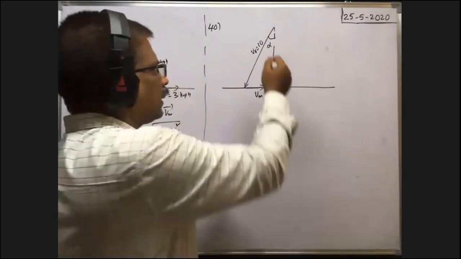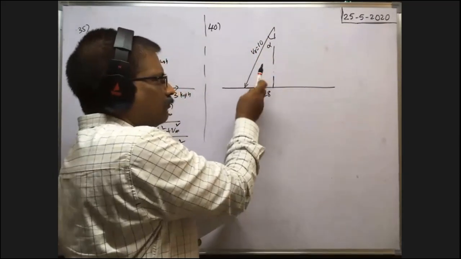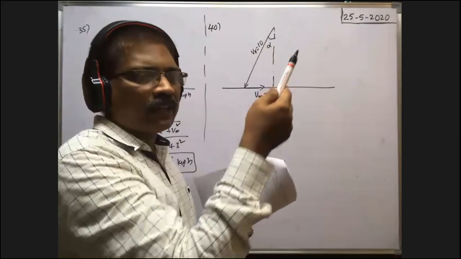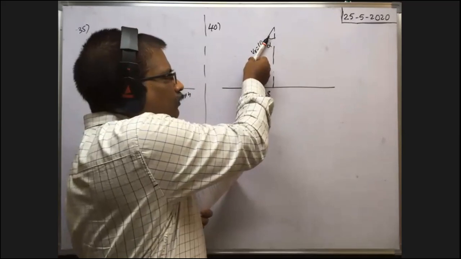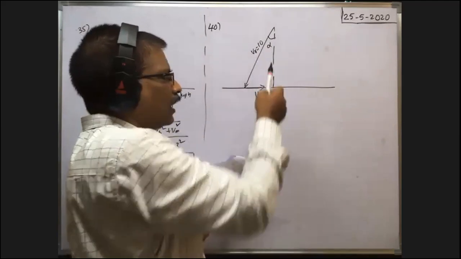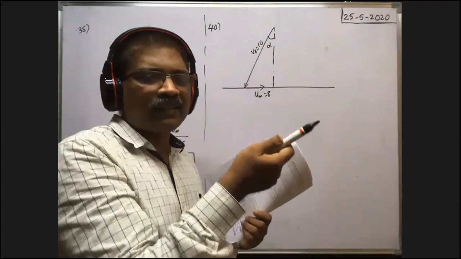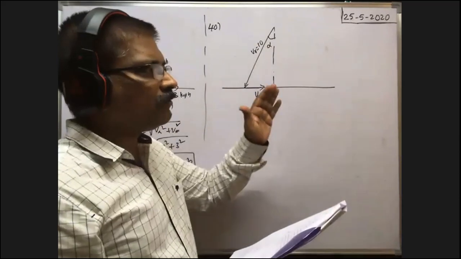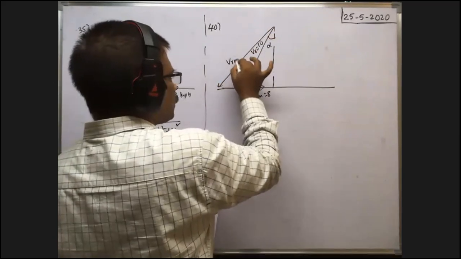Suppose the rain is falling at an angle 30 degree with vertical. We are running in this direction. If we are at rest, then we hold the umbrella like this only. But as we are also in motion, and moving opposite to the rain flow, shall we hold the umbrella at an angle 30, less than 30, or greater than 30? Greater than 30, because the relative velocity of rain with respect to man is in this direction.